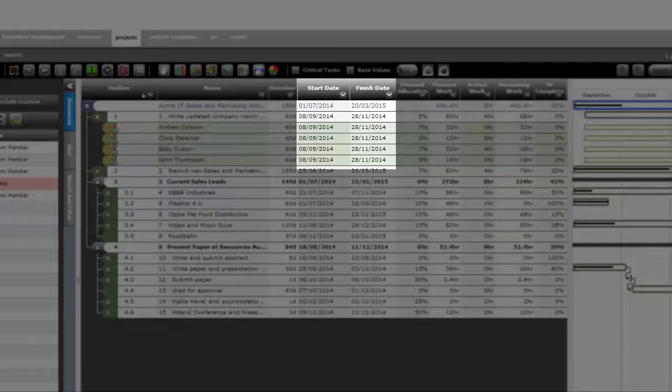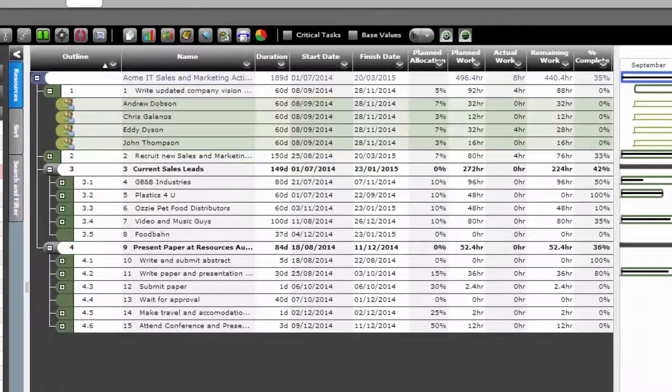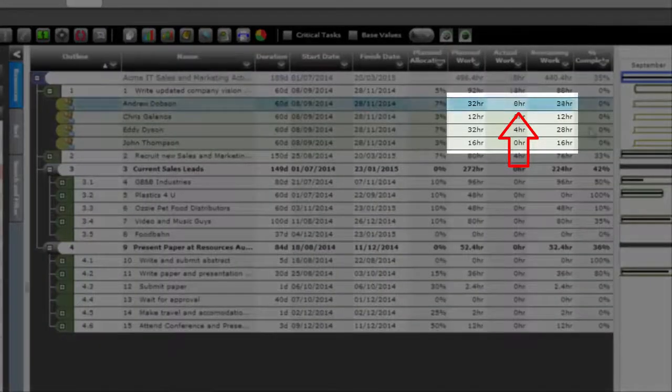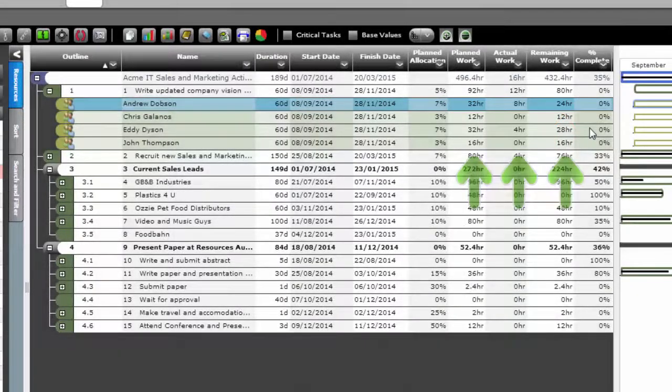Look at the planned work for each of the assignments. Resources may be assigned any number of hours for each assignment, of course, paying regard to their overall allocation. As resources record time spent on this task in their timesheets, the actual work value will be updated and the remaining work value will be decremented accordingly. Finally, notice that planned and remaining work for all assignments is rolled up to the task and planned allocation is